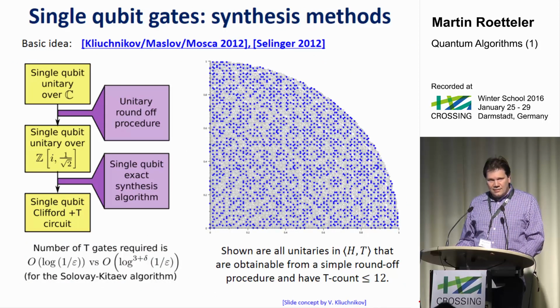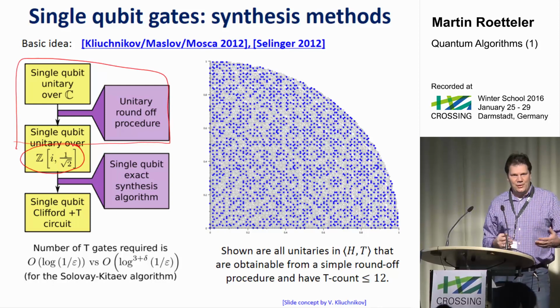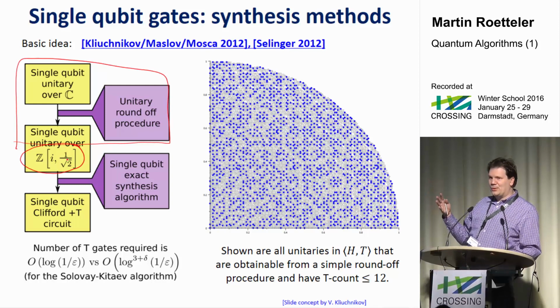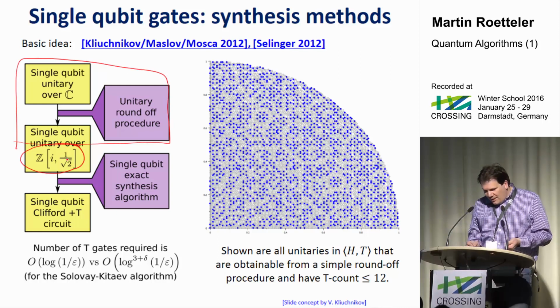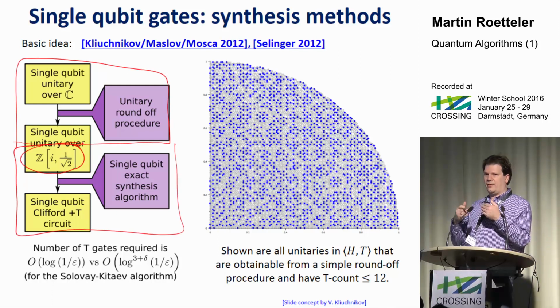If you know something about your gate set, there are better procedures. In particular for Clifford and T, you can do it in a two-step, one-two punch procedure. First, you round off your unitary into a domain where you have a symbolic representation of the matrix. Initially you have maybe a numerical representation of the elements, then you represent them here. And that's symbolic because you only have the complex fourth root of unity and 1 over an algebraic number. So all the entries are now over that domain. And then from there is an exact synthesis algorithm that takes any operator like this and finds a factorization.